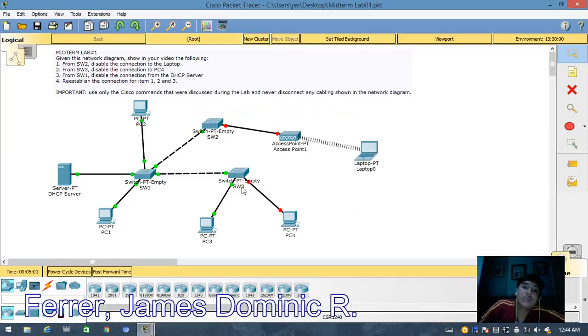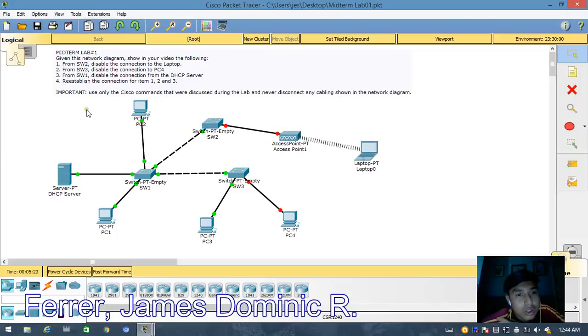So as you can see, the connection of switch number 3 to PC number 4 is already disconnected. So just continue.